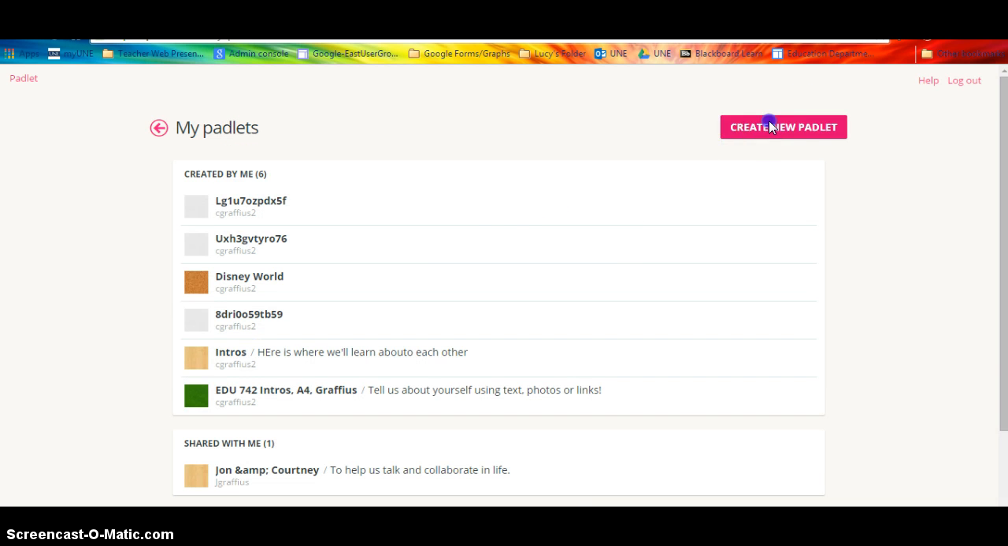And actually, I'm going to create a new Padlet. And it's creating my Padlet. And a Padlet is kind of like a whiteboard or a bulletin board. So I can now do a few things on it. I can